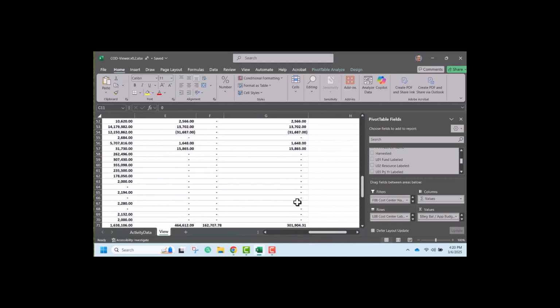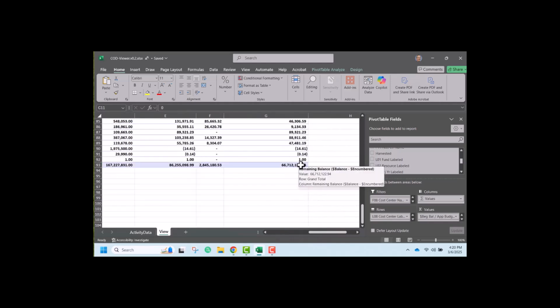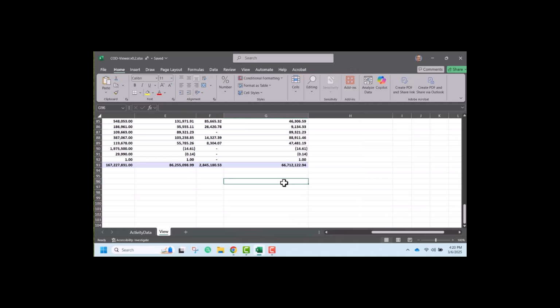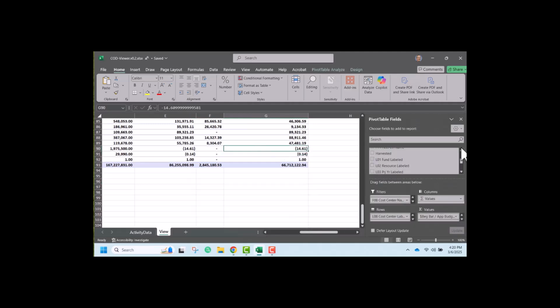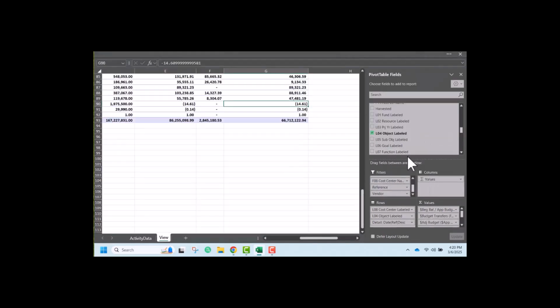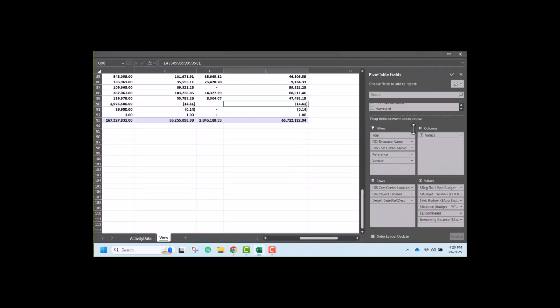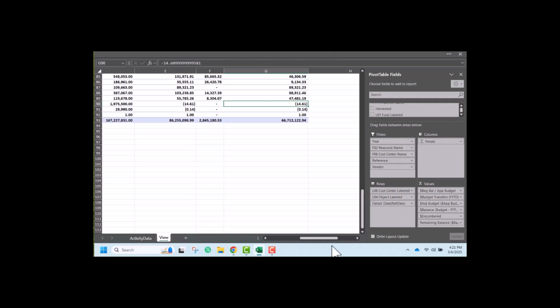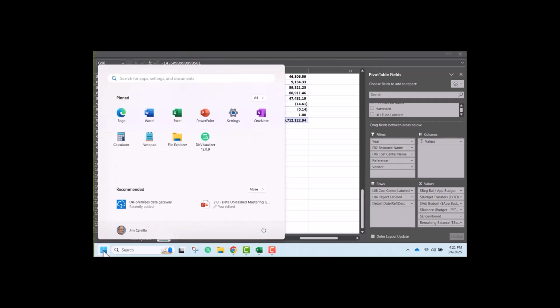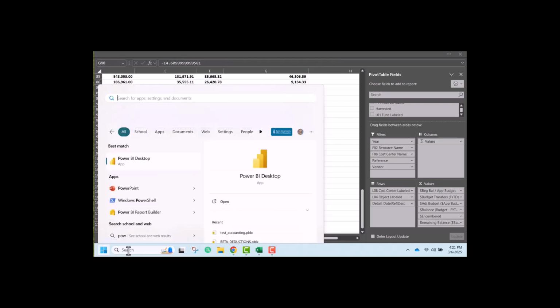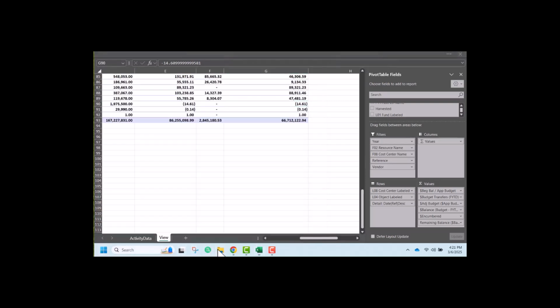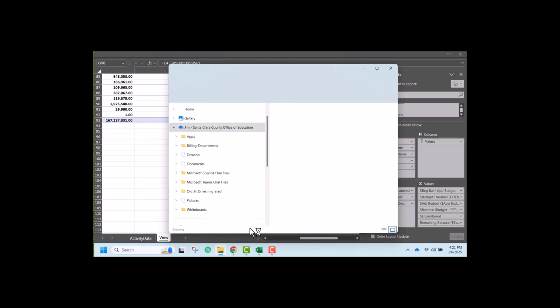While this is quasi-advanced, I think most of us have either seen this one or have done it. So in this pivot table, you can see on the right-hand side, I can identify what my filters are, what my rows are, what my values are, and we're going to just reproduce that using Power BI. So before I go over to Power BI, I did want to show you that we're going to use an